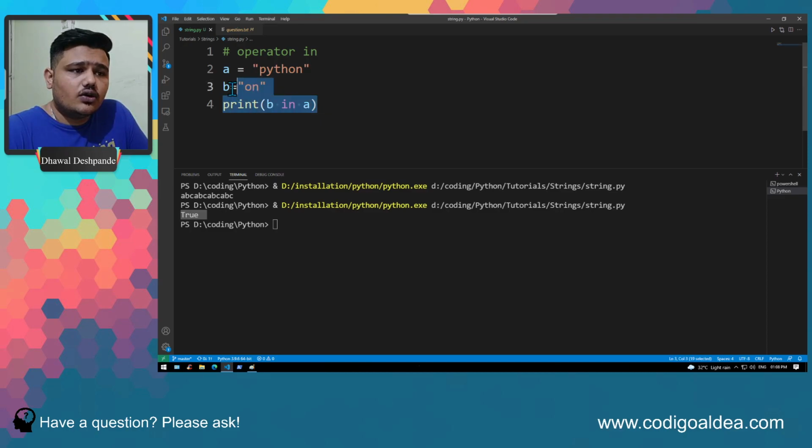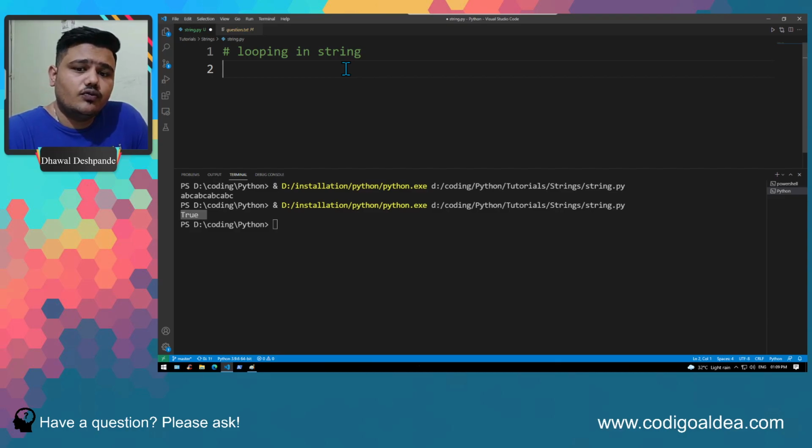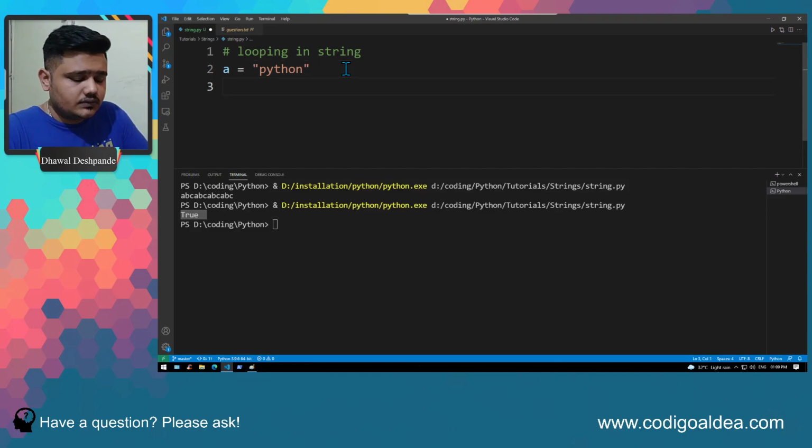So if we are talking about loops, when we are talking about looping, we can loop through the string using 2 methods. One is using the characters directly. So for characters, what we are going to do is let's say we are having a string,